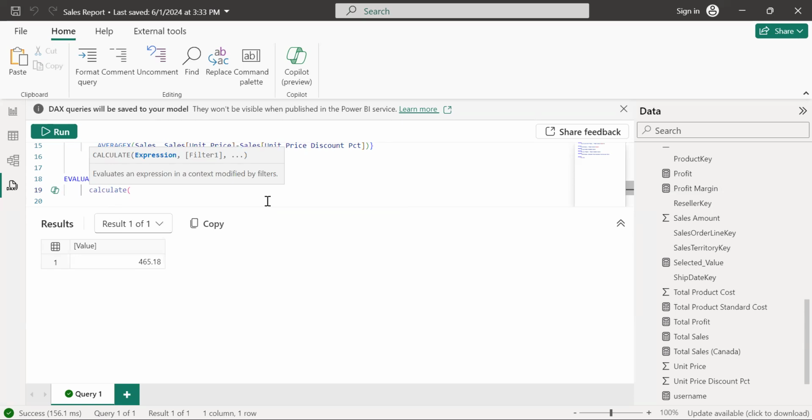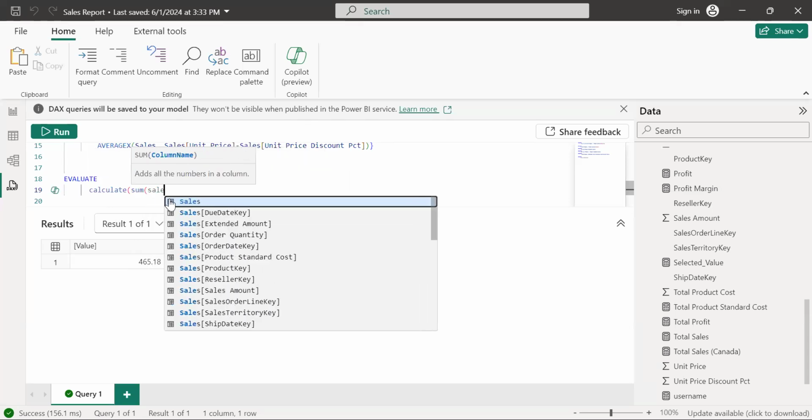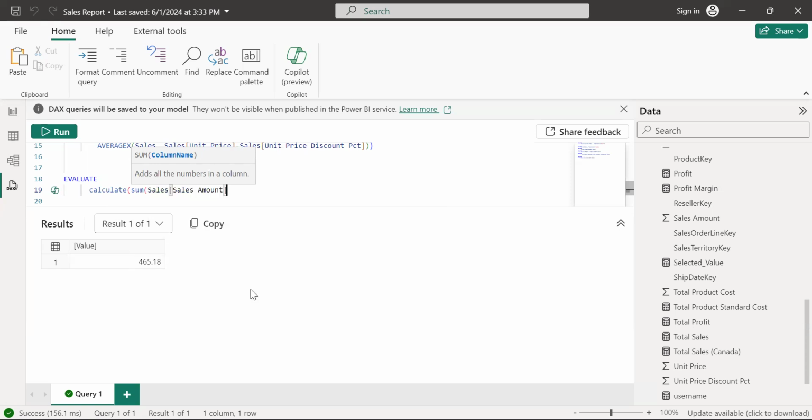Now the calculate function has two arguments. The first argument is what? The expression. In this particular case, I could just say I need the sum of sales amounts. Okay? And then, since it's going to give me a single value, I'm just going to add that up and run that. You can see the value about 109